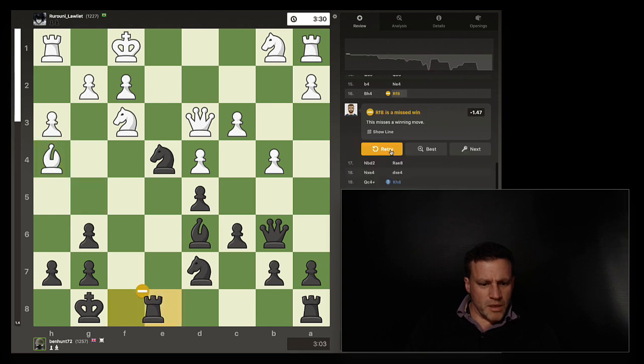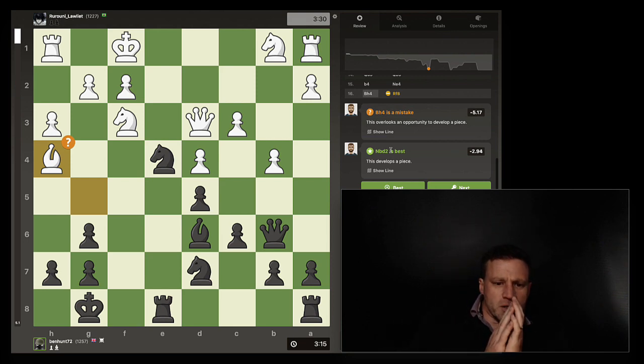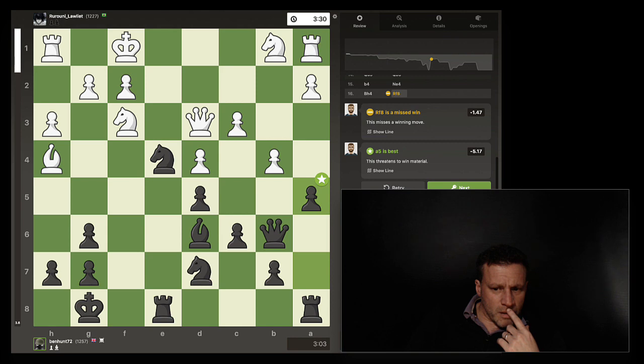But he doesn't like that. This misses a winning move. Alright. Quiz time. There's a winning move here. A winning move, huh? Oh, I don't bloody know. No, I haven't the foggiest. Okay, what's the winning move? Go on then. I mean, it says it's gone from 1.4 to 5.1 with that move. That's the difference, but